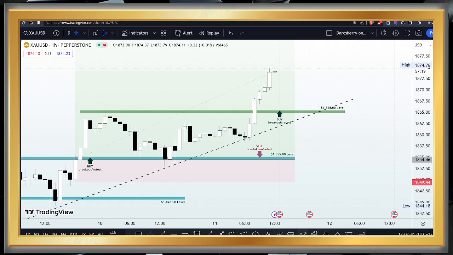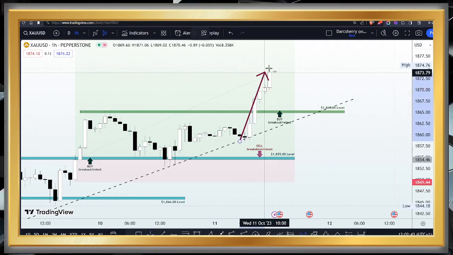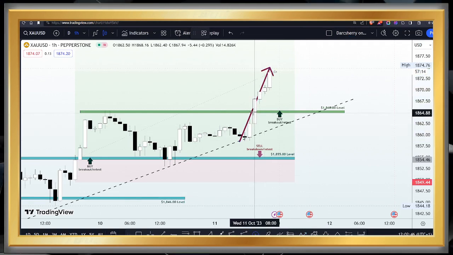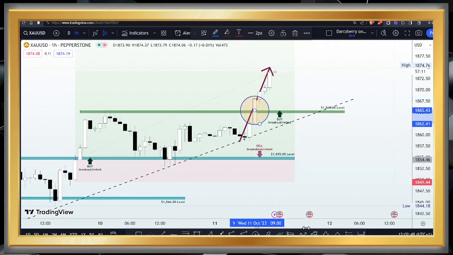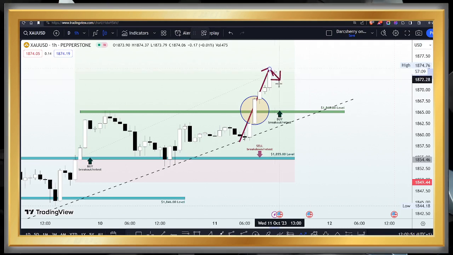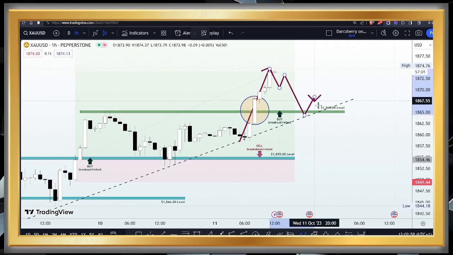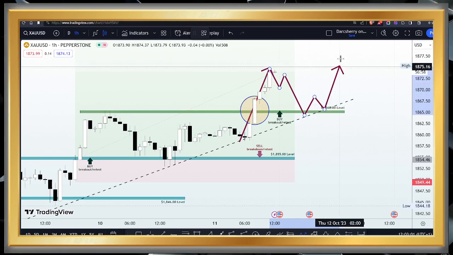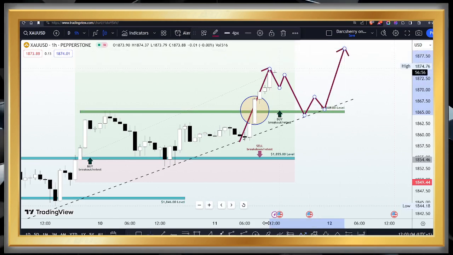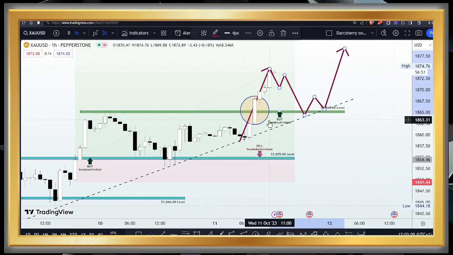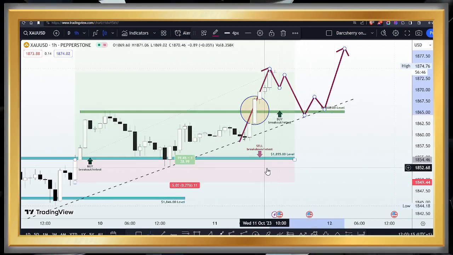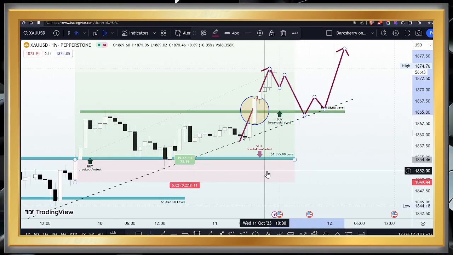And of course, you know that from a technical standpoint, when price breaks out of a key structure such as the 1865 here, we expect that at some point in time there could be some profit taking activity, which will reflect on the chart as a retracement back to retest the structure, which lines up exactly with that ascending trend line to incite an uptrend scenario. So if you had missed out on the breakout of the 1865, let's see if the market will come back and retest the structure to incite another wave of bullish momentum.